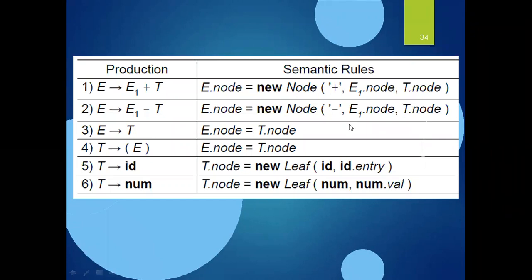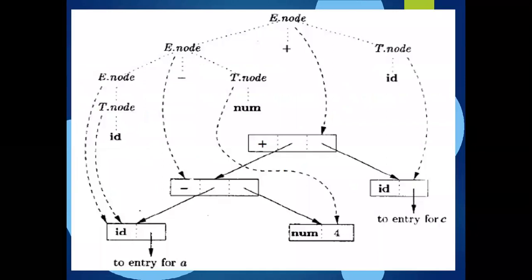Then after the sequence of function calls, finally comes the representation of the syntax tree. Here, the representation of the syntax tree is with boxes. What do the boxes mean? It is a make node because plus is a label. We're having two columns, three fields means it is a make node. Two fields means it is a make identifier. Here also we're having make num.